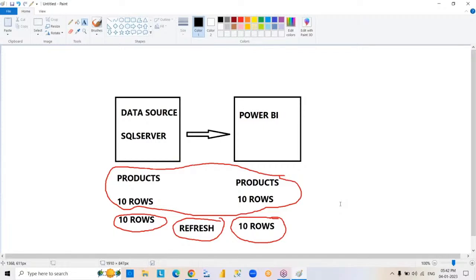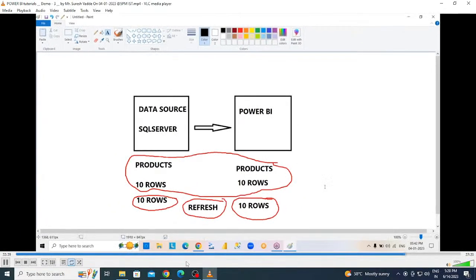Got my point, all of you, right? So if data is copied, then if any modifications are done in the source, you have to refresh because you have to copy those modifications from source to Power BI. There you need refresh. But now data is not copied when you are working with direct query, right? Then why do you need to go for a refresh? Am I right or not? So refresh